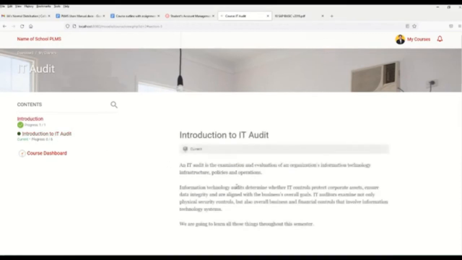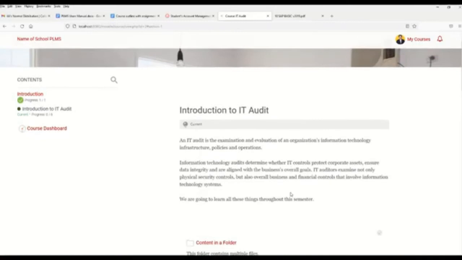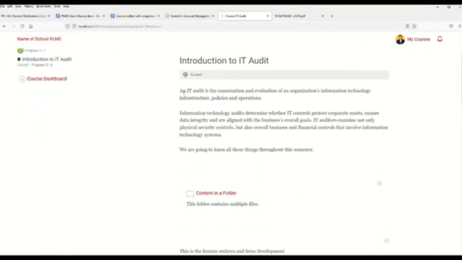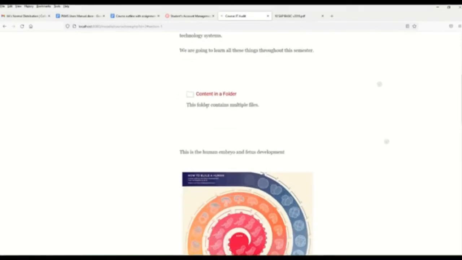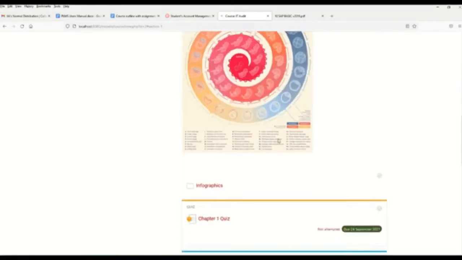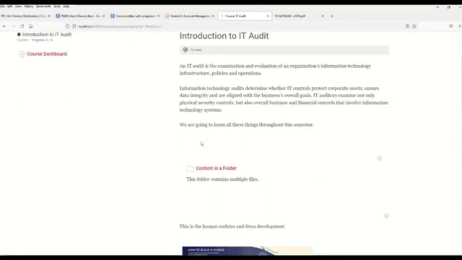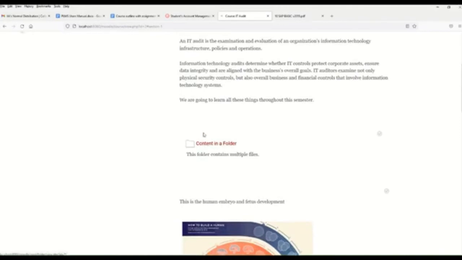This section goes a little bit deeper in terms of how you are arranging your course content. So we now proceed to a more specific topic. We now go to the introduction to IT audit. You can have just a regular text here, a summary perhaps about this introduction. And then there are several contents that you can add throughout this particular section. The first one is actually content in a folder. I believe you have already added a folder. So when we click on the content in a folder,